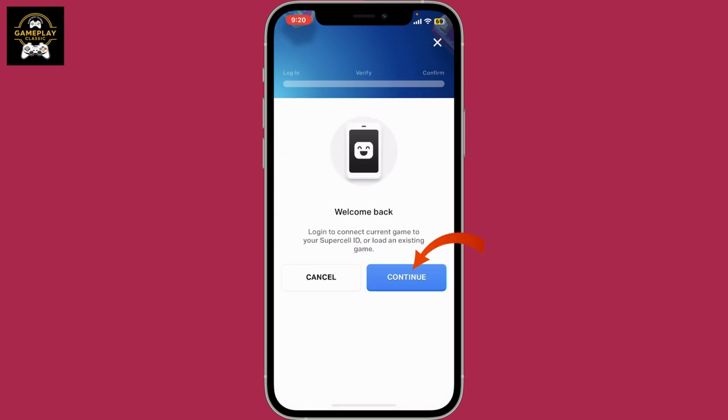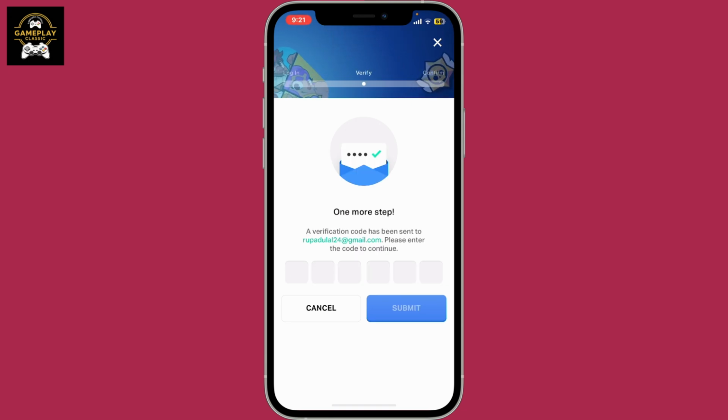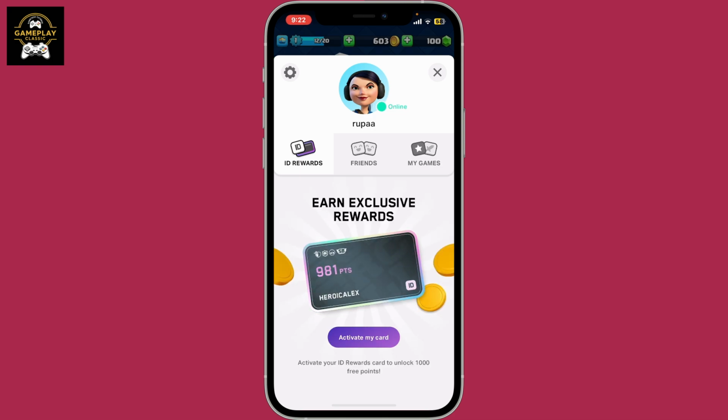Click on the Continue button in the pop-up and enter your email address that is associated with Supercell ID. After you do that, click on Login. You will now receive an email verification code sent to your email address that you just entered. Type down the email verification code correctly in the text box, and after typing it down, click on Submit. Now click the connect button once it finds your profile, and you will then be able to connect Clash Royale